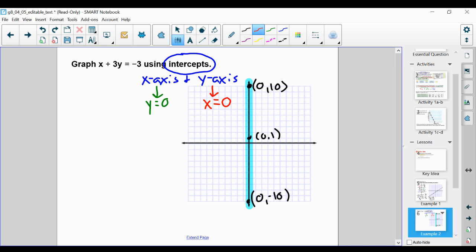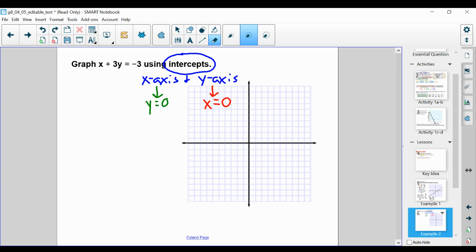So if we're trying to find the intercepts, we can find it by letting x be 0 and finding the y value, and letting y be 0 and finding the x value. That's how we can use our knowledge of intercepts to help us figure out 2 quick coordinate points. So let's put it into play here. If we have x plus 3y is equal to -3, and we want to find the x-intercept